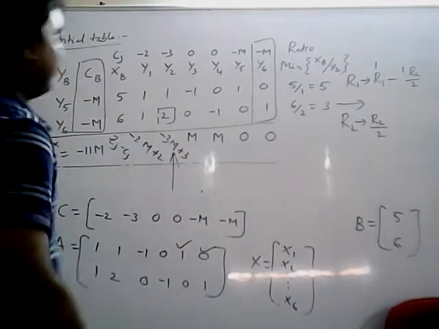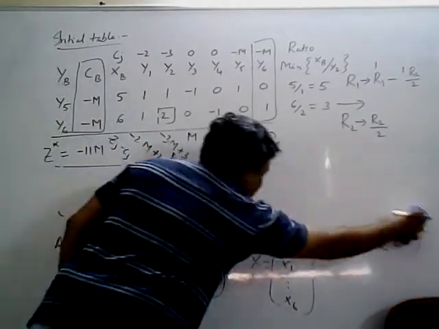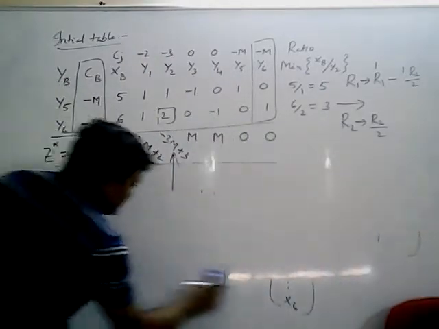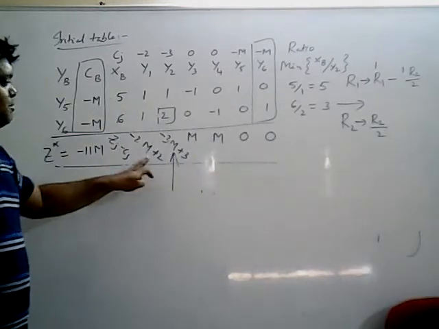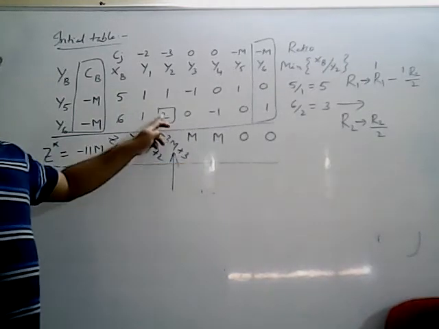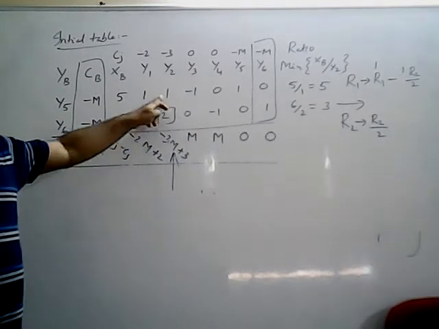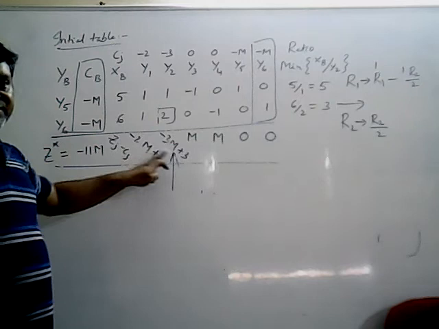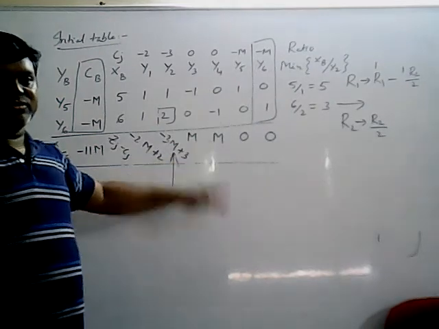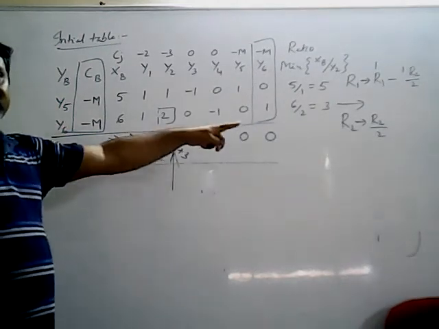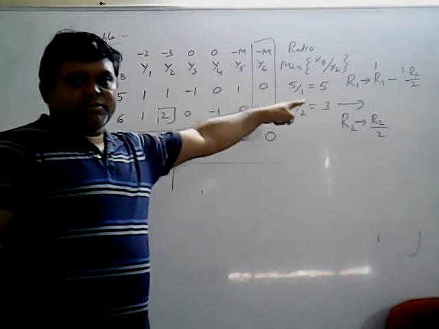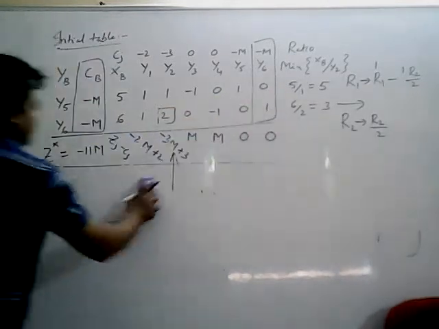Okay. Now we will do table number 2, the second table. So you have to repeat the procedure until you get all R positives, or there is an indication of an unbounded solution. Unbounded means there is an indication of all positives, greater than or equal to 0. Okay, so still negative exists, so you got the row operation and you can move to the second table.